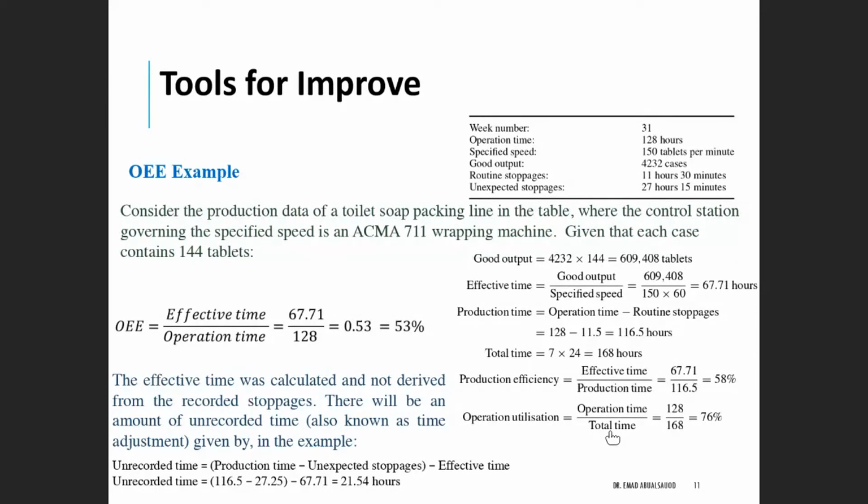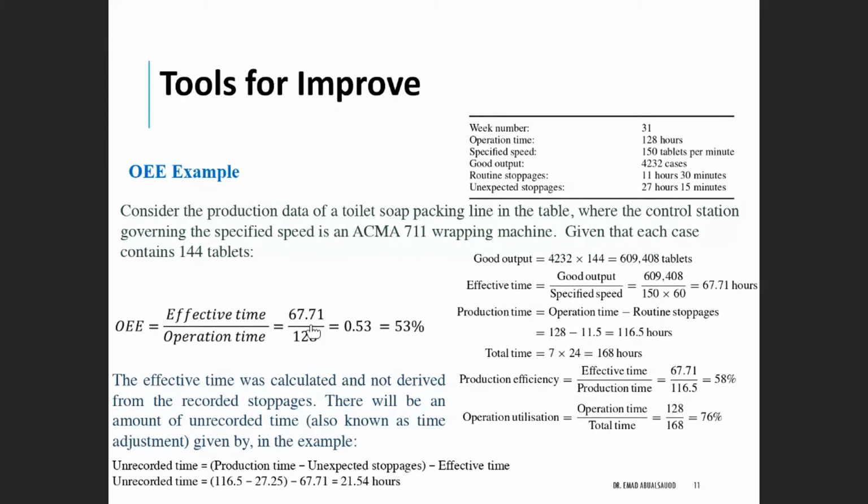Anyway, just to make the difference between the total time here in our case is different than the operation time, and that leads us to 76% utilization of the operation time. معناها بيستغلوا 76% من أوقات عملهم أو بيستغلوا أوقات عملهم بنسبة 76%. Okay? مقابل versus to 58% كفاءة إنتاج. To find then the OEE, the overall equipment, and as we said, equipment can apply to service here,